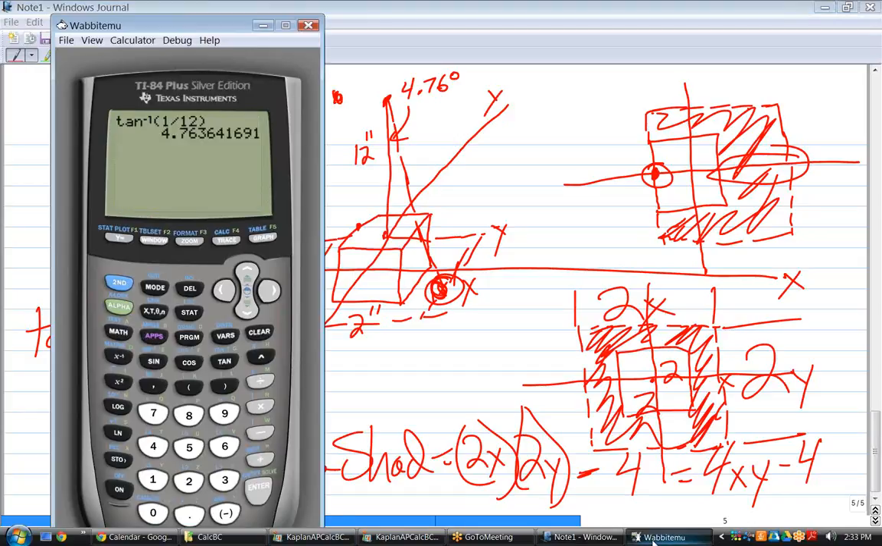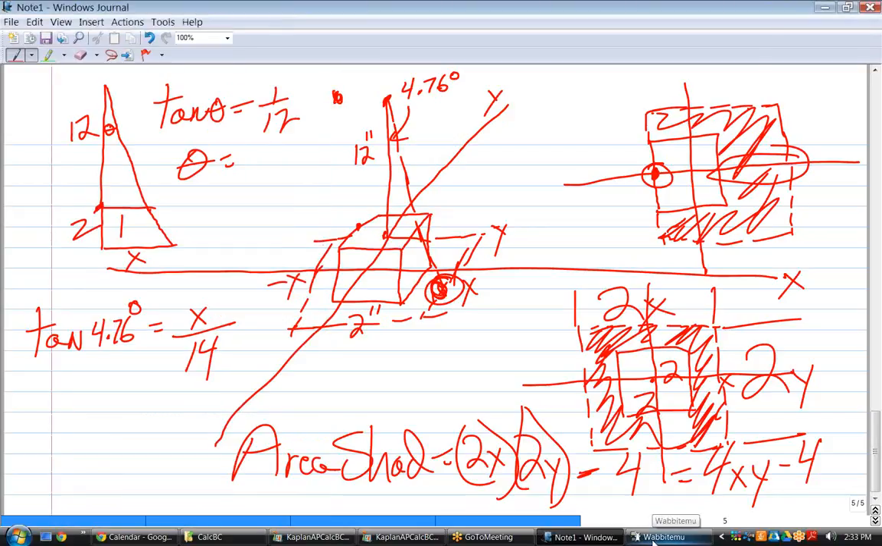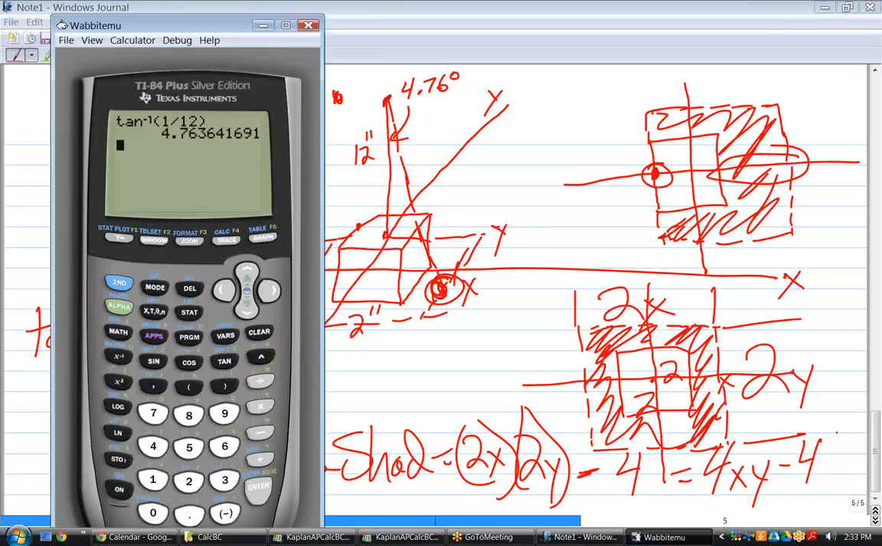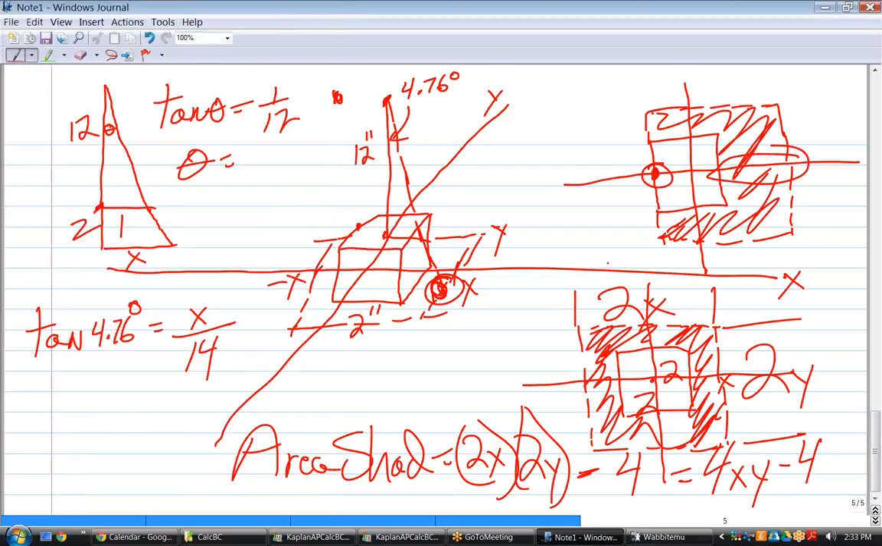Let's come up with a number here. So I want that answer times 14. How do we get 14 in there? Well, we figured out this triangle here, the top triangle, because I knew this distance was 1 and this distance was 12. The 14 is 12 plus 2. That dictates that theta